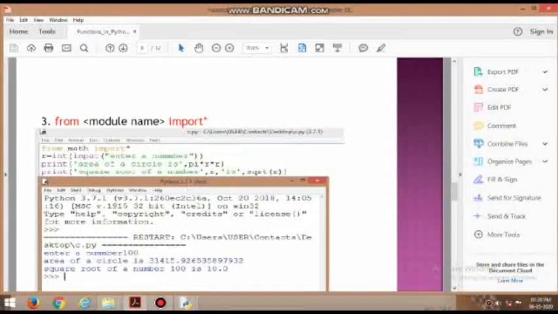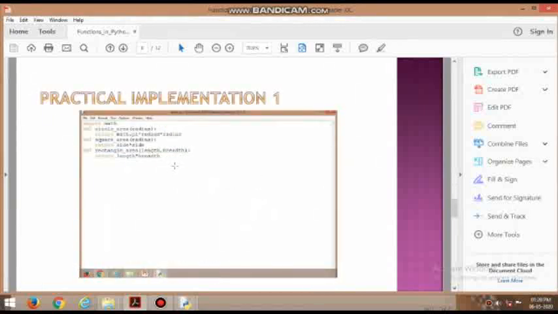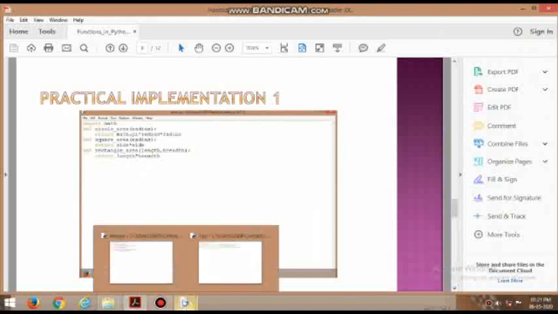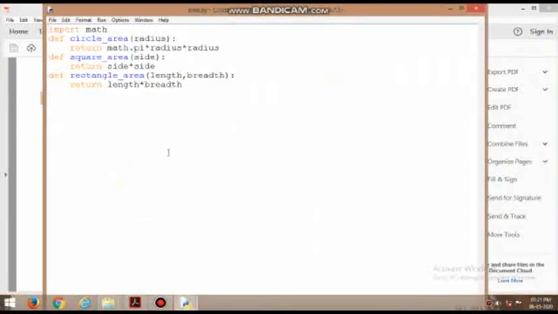Next, how to import user-defined functions in the Python library. Let's say we have a Python file called area.py, which has a few functions in it for calculating the area of a circle, square, rectangle. Use these functions in some other programs, which is user created, not in the Python library. However, this program uses the standard math module for using the pi function that belongs to it.